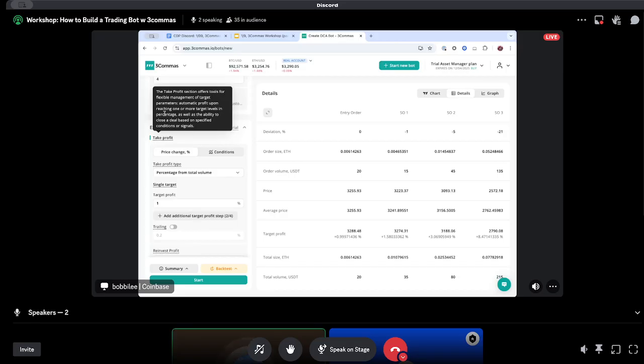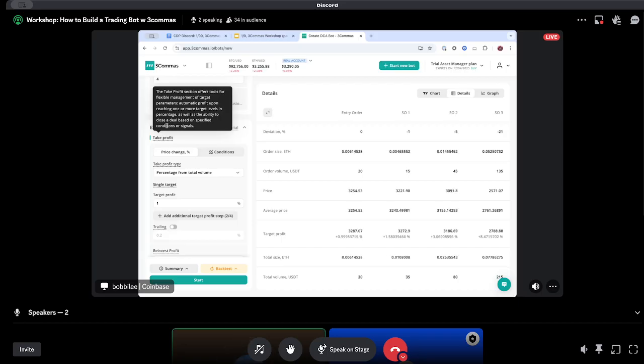And so in percentage is pretty understandable because in percentage meaning that it's just a percentage that went from your average price or your base order in percentages and you want to exit the position. So interesting point here is that you might want to have multiple take profits, and not all of our competitors give this. So you can have up to 4 multiple take profits,